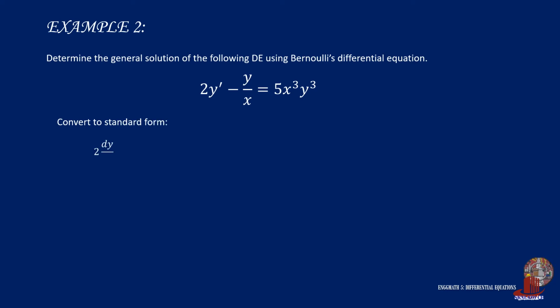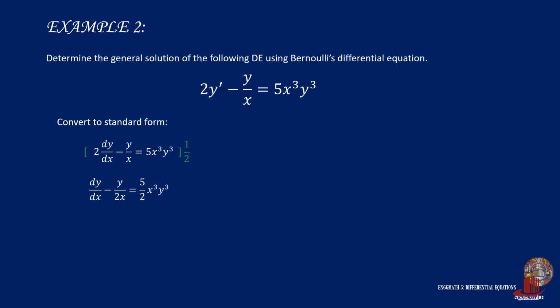Example 2. Determine the general solution of 2y prime minus y all over x is equal to 5x cubed y cubed. First, work with the standard form, thus y prime is taken as dy all over dx. Then, to isolate the derivative, we divide the whole equation by 2. Thus, we get dy all over dx minus y all over 2x is equal to 5/2 of x cubed y